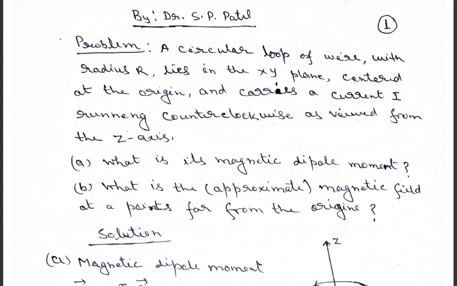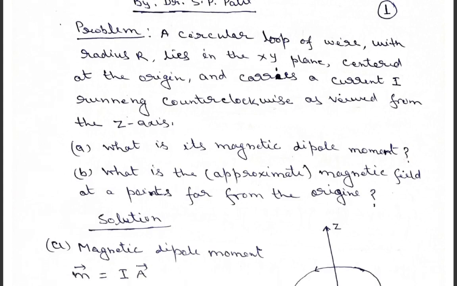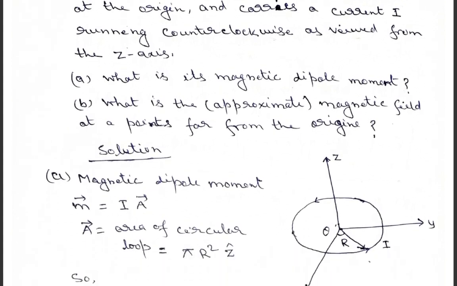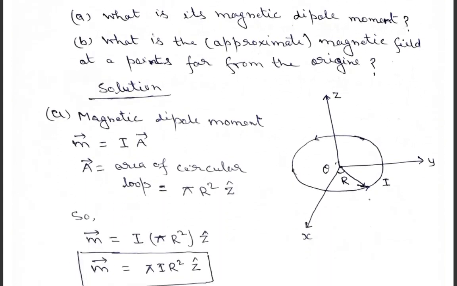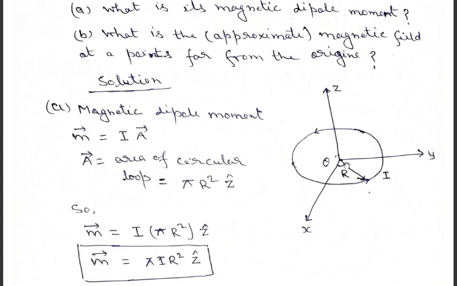Okay, so as per the problem, let us draw a diagram. We have a circular loop, and let us say we have a Cartesian coordinate system with x axis, y axis and z axis, and we have a circular loop of wire carrying a current I, and the radius of the circular loop is r. Okay, let us assume that this circular loop is making theta with, let us say, the x axis.